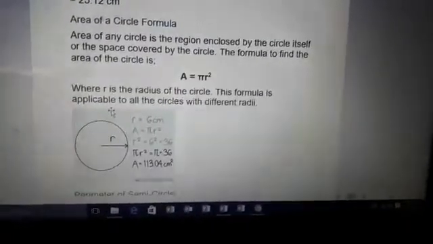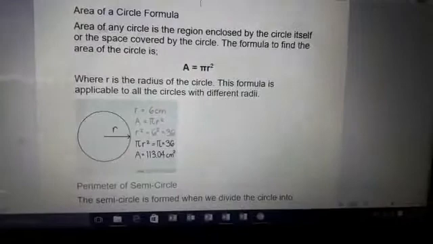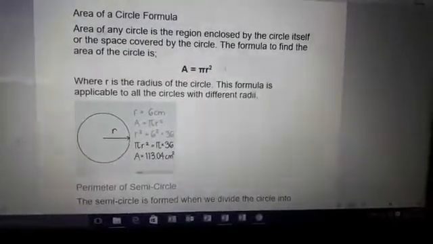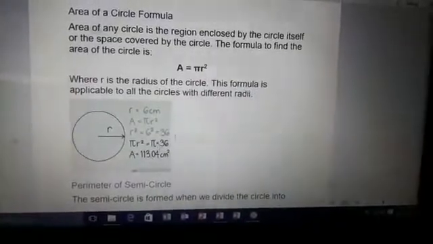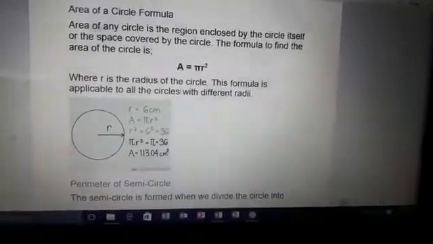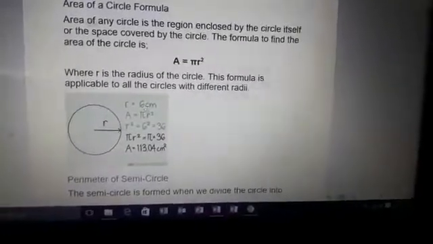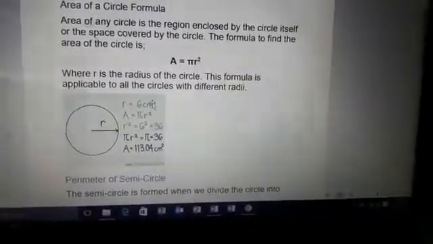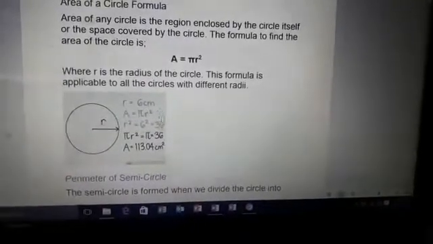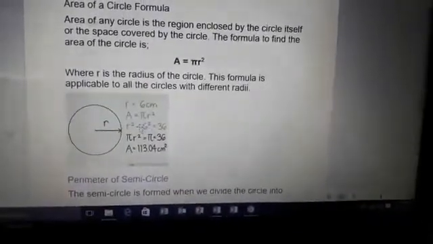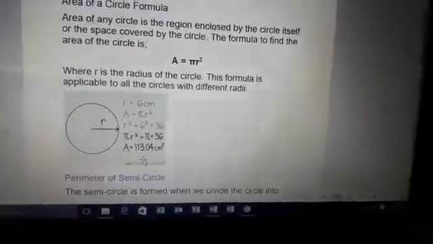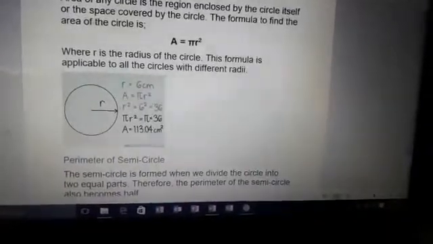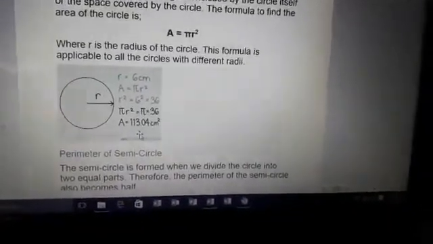Now see area of a circle. To find the area of a circle, the formula is A equals pi r square. Here you have to take pi as the constant quantity having value 3.14. You can see here one example I have given, r equals 6 cm. Then pi r square. So before finding this, you have to find r square, meaning radius square, that equals 6 square equals 36. Then pi, the value of pi will be 3.14. The answer will be 113.04 centimeter square.